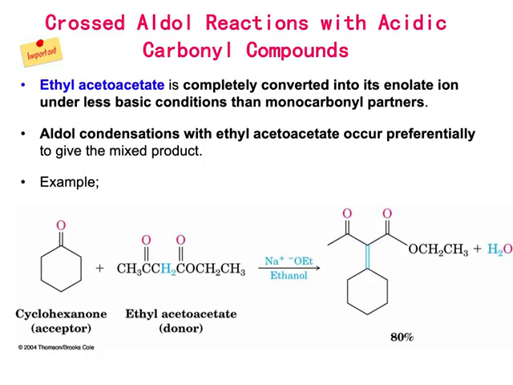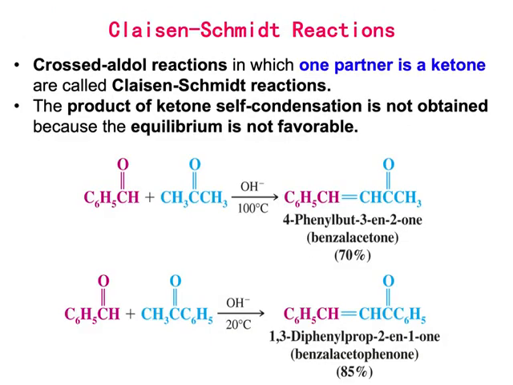And the last one is the Claisen-Schmidt reaction. This is a cross aldol reaction where one partner is a ketone, and we call it Claisen-Schmidt. The product of ketone self-condensation is not obtained because the equilibrium is not favorable. Here is a ketone, here is an aldehyde. So by using a base